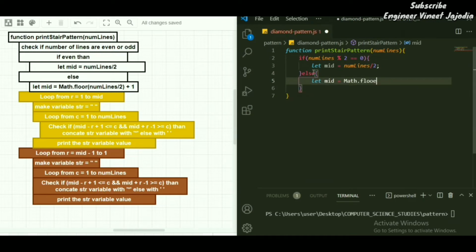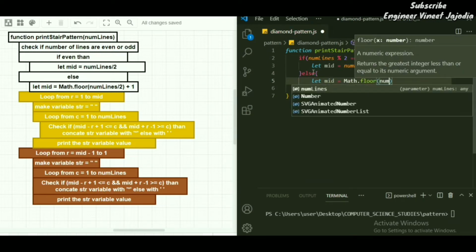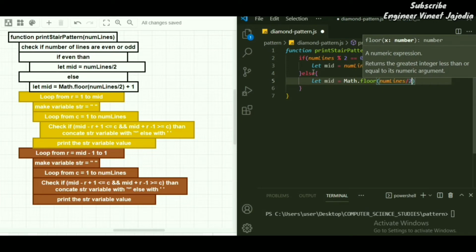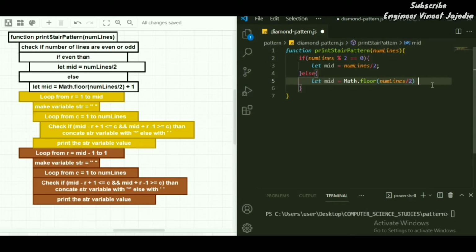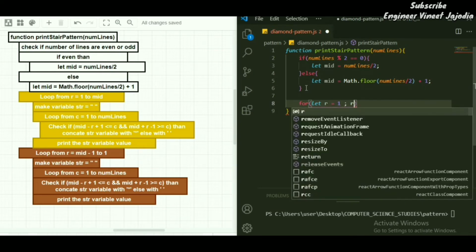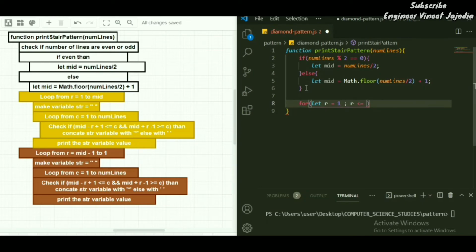Math.floor of number of lines divided by 2, plus 1. So this is our calculation of the midpoint, and after that we are going to loop over the rows. For let r equals 1, r is less than or equal to mid.